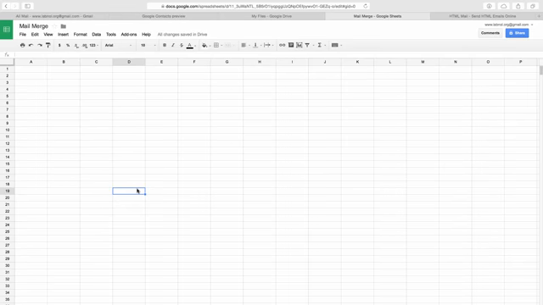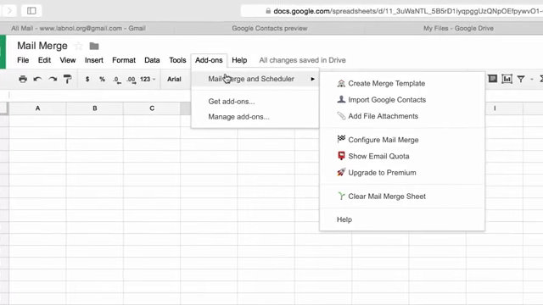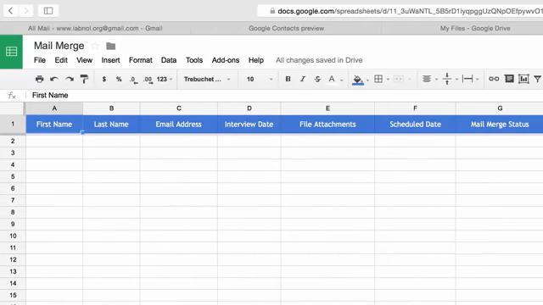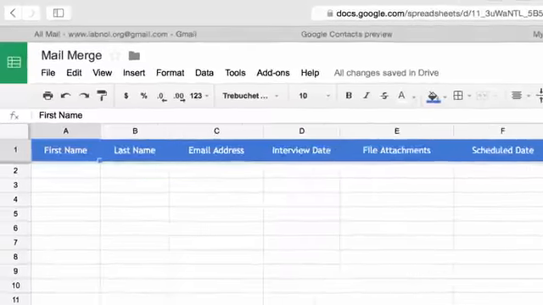Okay, let's now see Mail Merge in action. So to get started, I'm on a blank Google spreadsheet and I'll go to the add-ons menu and choose Mail Merge. Now you can find a link to download this add-on in the show notes. Now the first step I need to do is convert this blank spreadsheet into a Mail Merge sheet. So that's simple. From the add-ons menu, I will choose Create Merge Sheet and magically this will transform into